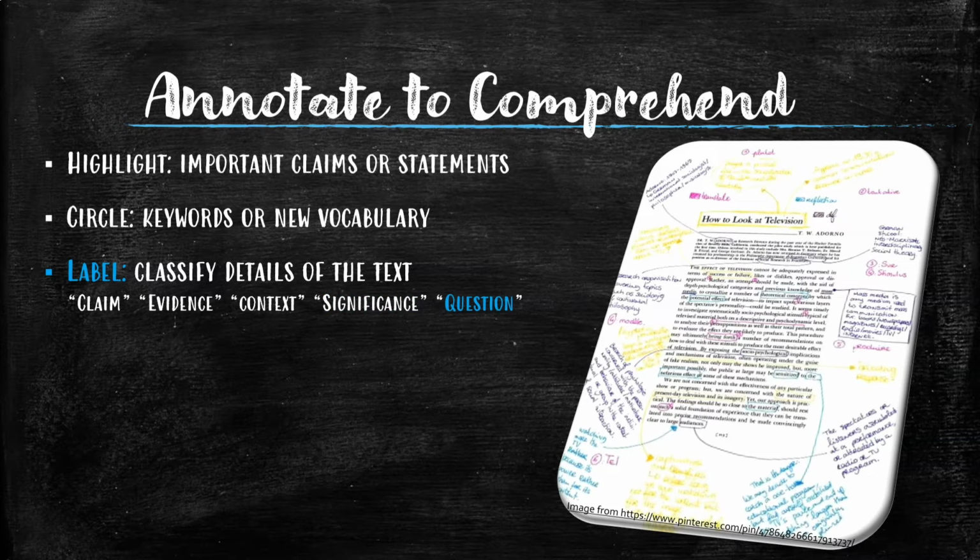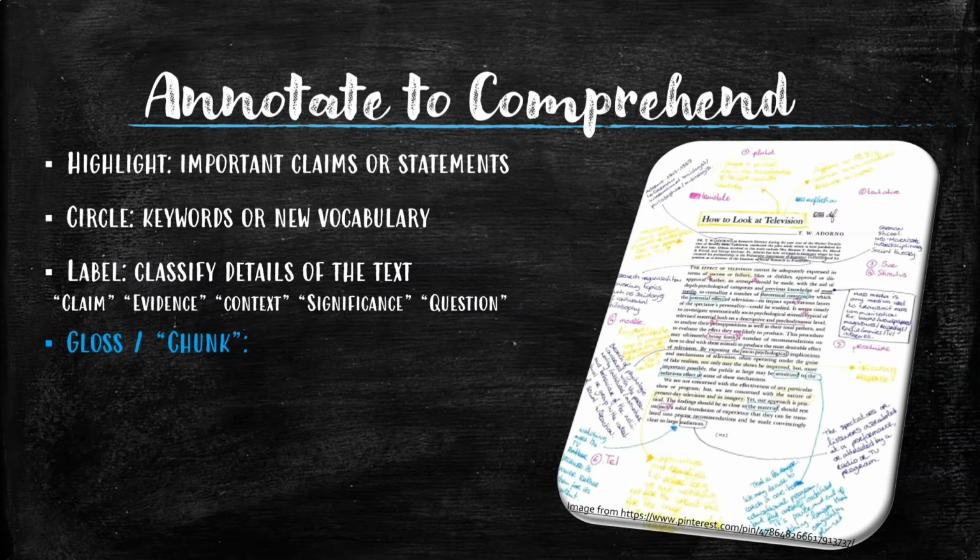And finally, another key detail to label is if the author ever asks you a rhetorical question. If the author is asking you as a reader to think more deeply about a problem or a solution, a possibility, a common occurrence. Anytime the author is questioning you to look inside at your experiences, your knowledge, your beliefs, your habits, you can write that down in the labeling on the side of your source.